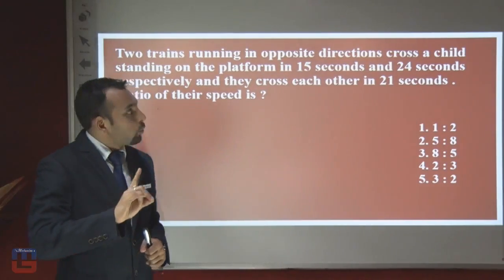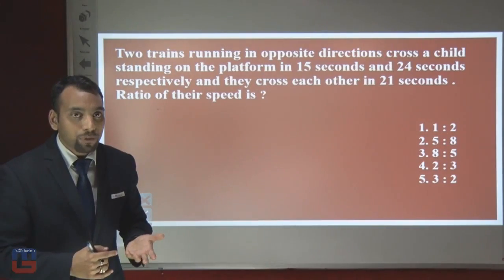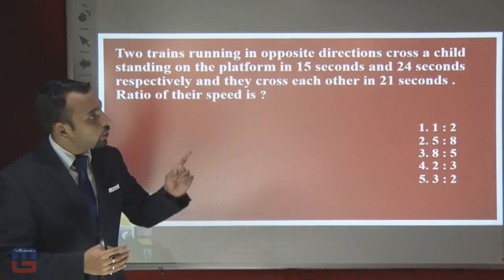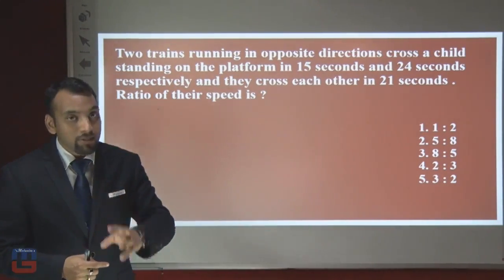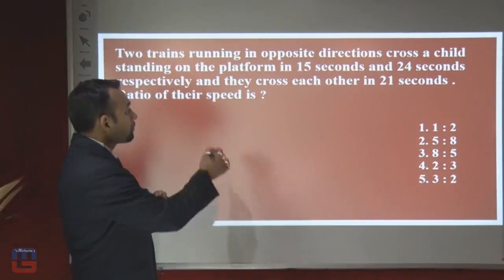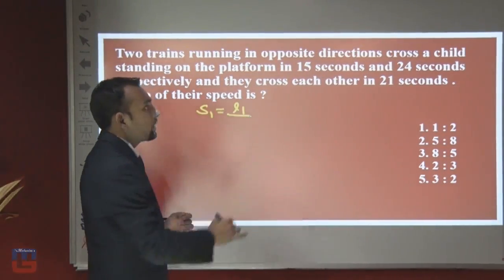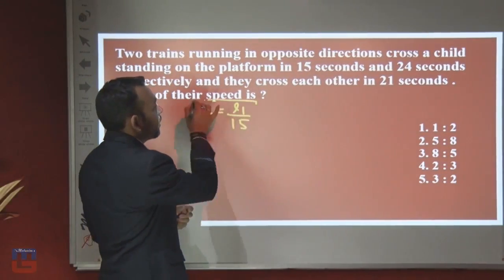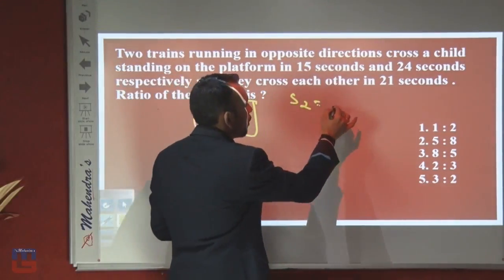Now what we have given: two trains cross a child standing on a platform in 15 seconds and 24 seconds. If they cross each other in 21 seconds, then find the ratio of their speeds. Now what is the basic approach and what is the trick? As you all know, if the train speed is S1 and length is L1, crossing a child standing on a platform, the condition we have is S1 equals L1 by 15. In the same way, S2 is equal to L2